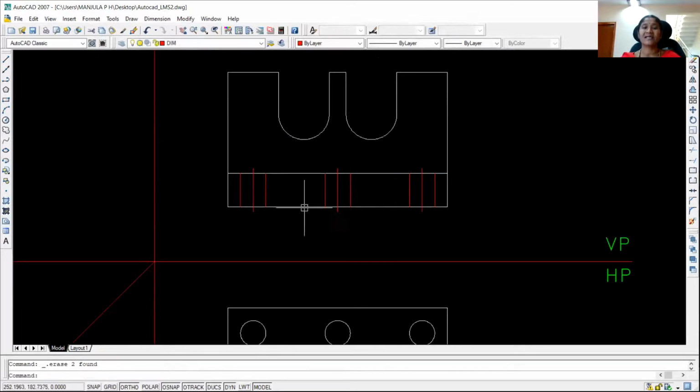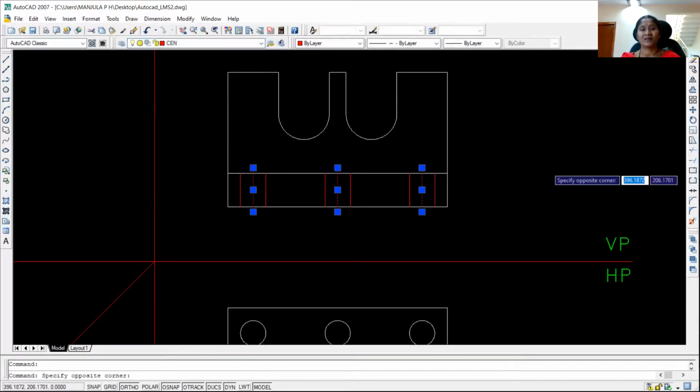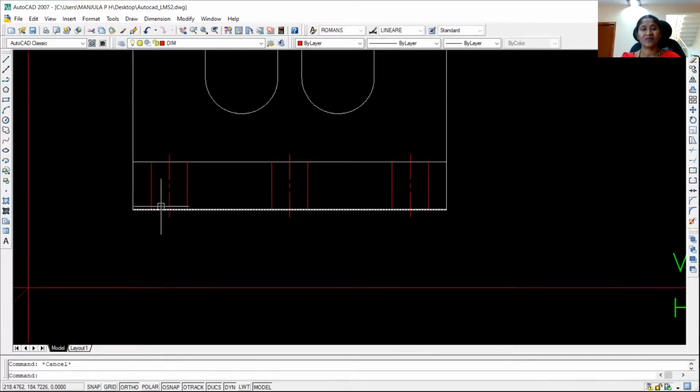Now the center lines should be of the center line type. For that, I have to change the line type. You select all the 3 center lines, go to the layers and click on center. Okay. So we have changed the line type to the center line. Then you have to make these hole lines hidden. For that, you select any one line, then you type CH, change property.